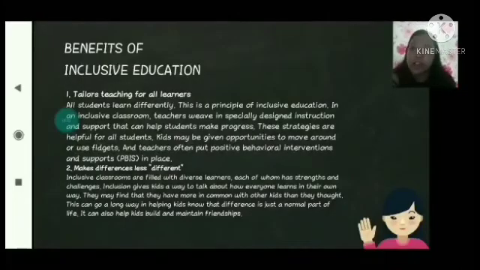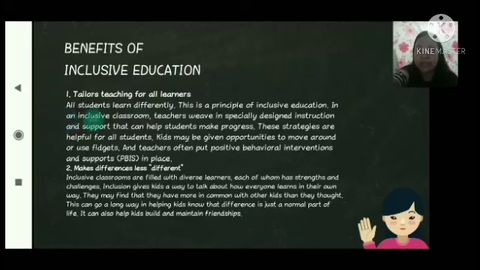So these are the benefits of inclusive education. The first one is tailored teaching for all learners. So all students learn differently. This is a principle of inclusive education. In an inclusive classroom, teachers weave in specially designed instruction and support that can help students make progress. These strategies are helpful for all students. Kids may be given opportunities to move around or use fidgets, and teachers often put positive behavioral intervention and supports,